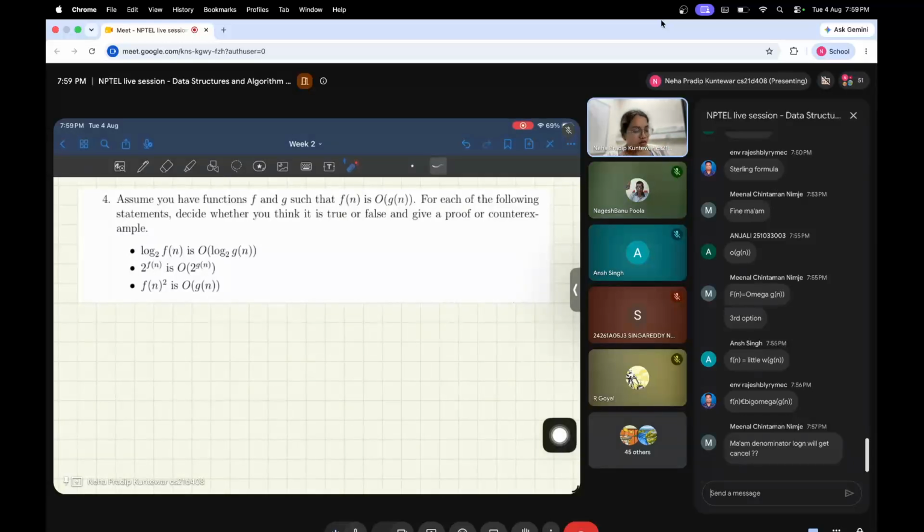Okay, so assume that you are given two functions f and g, where f(n) is order g(n). Suppose this is what you have. Then from this, what can you conclude about